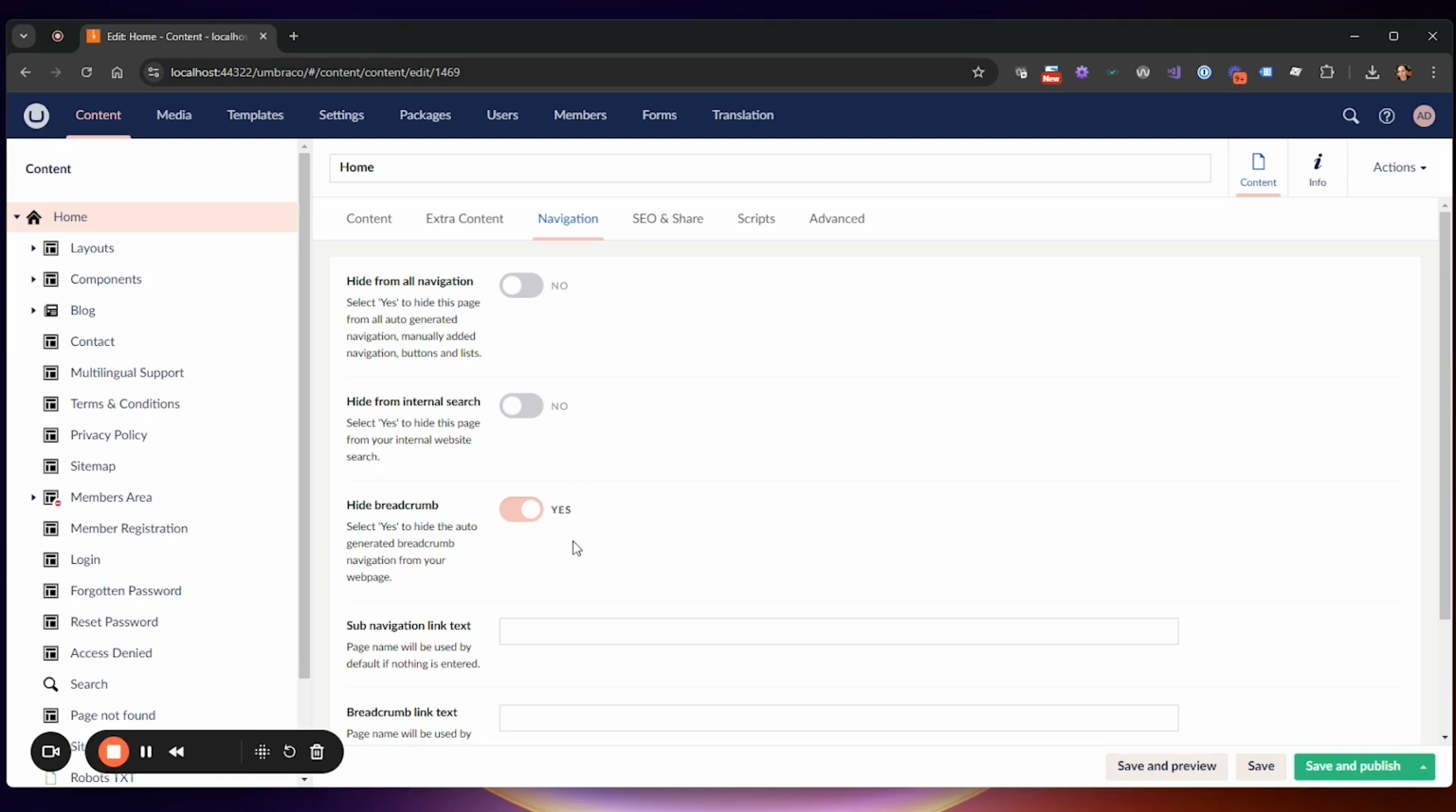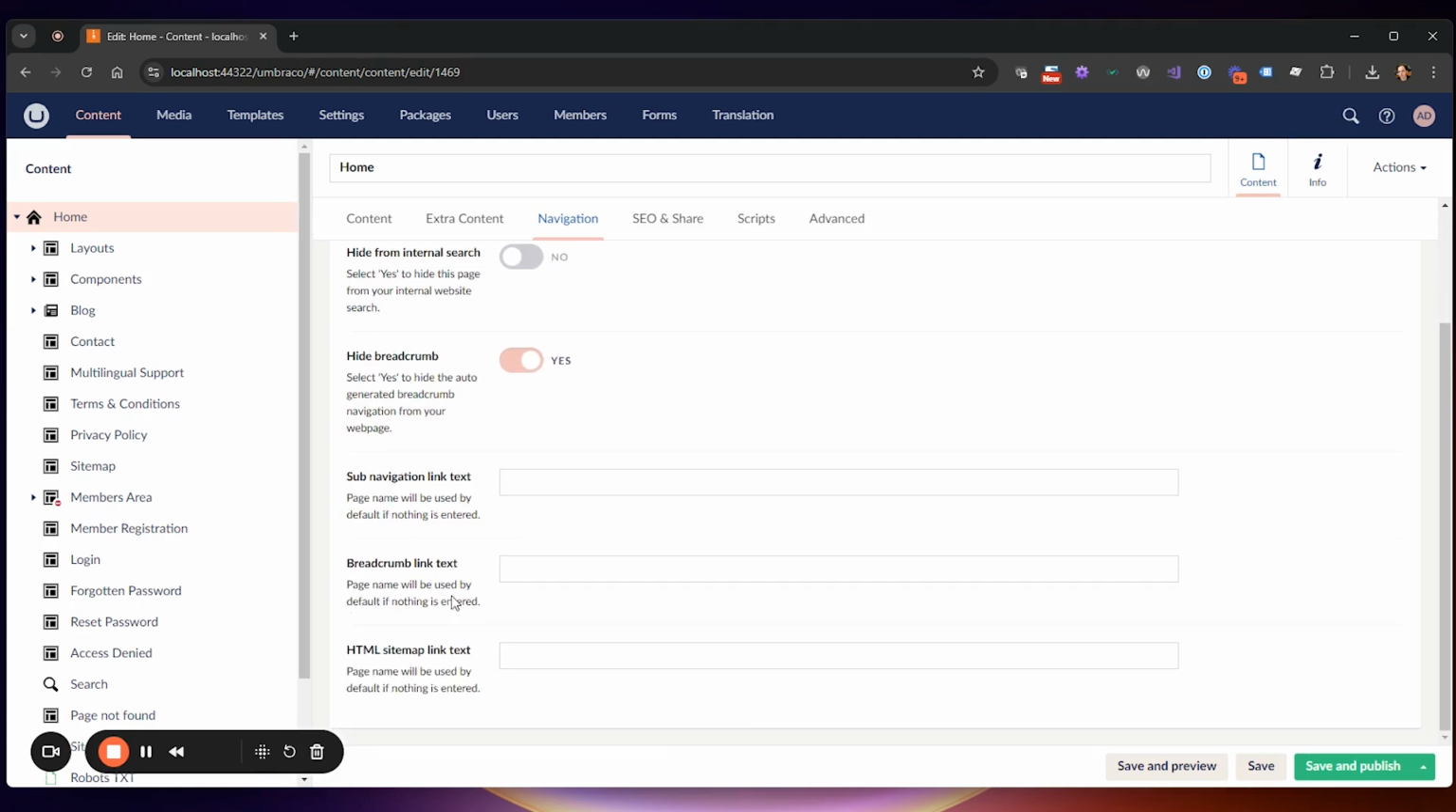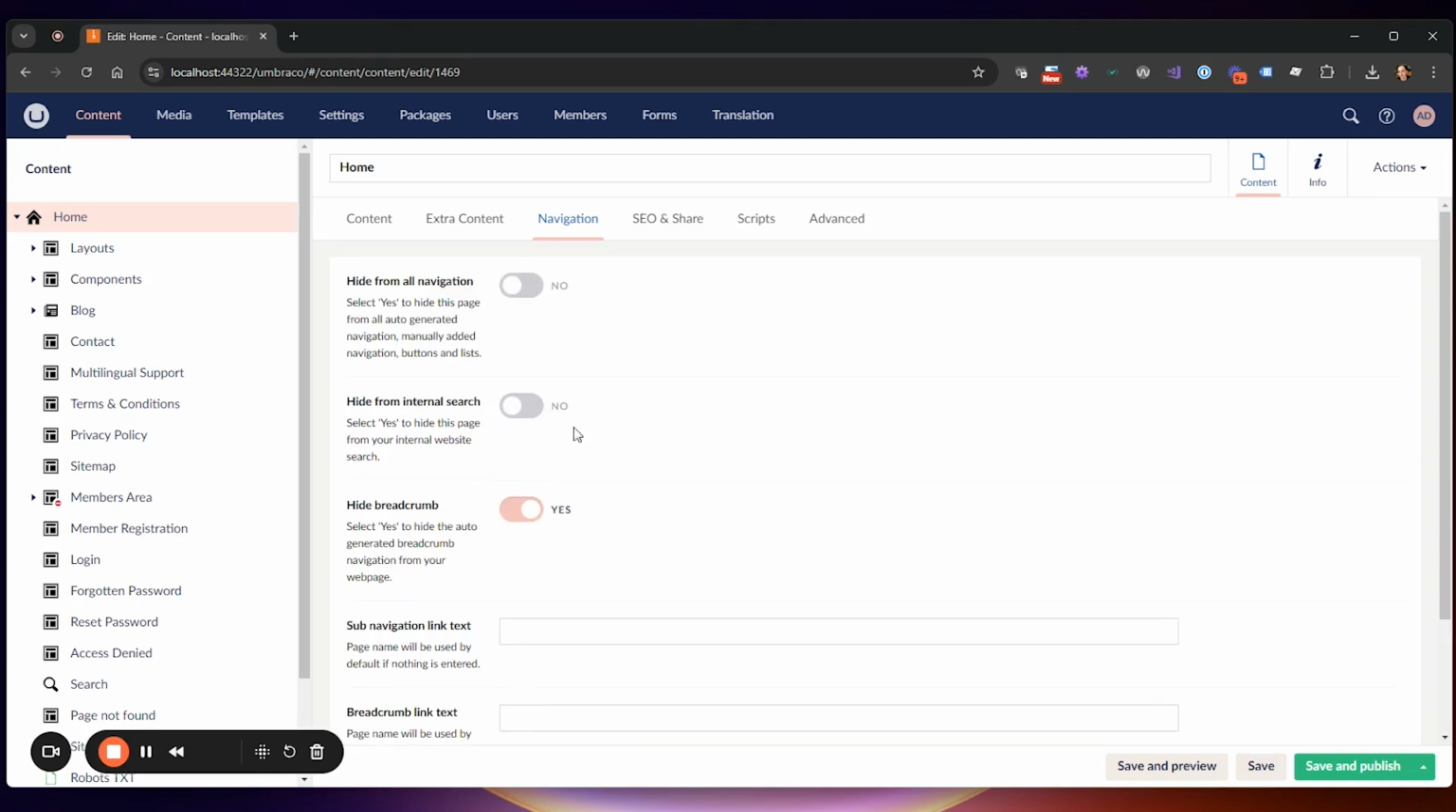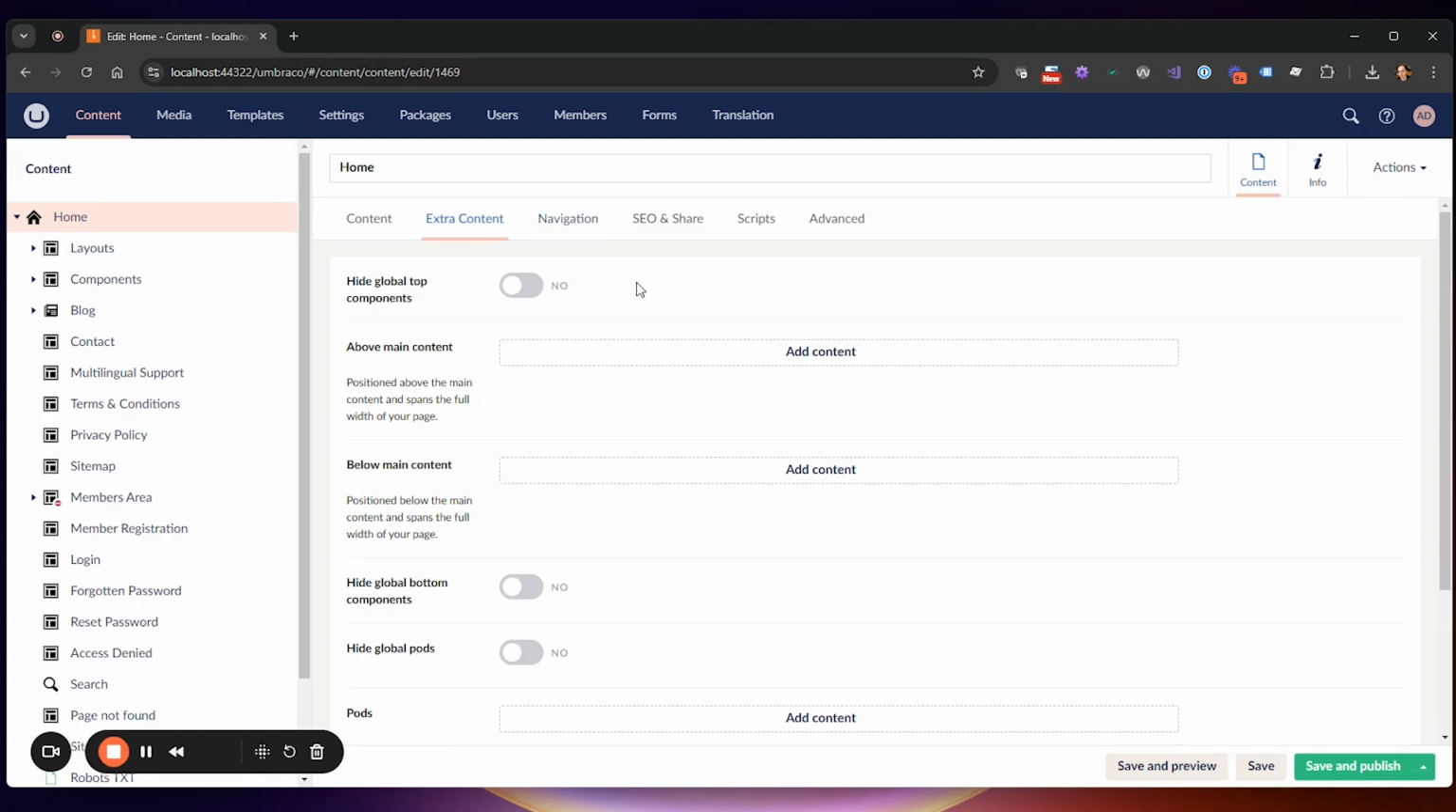The extra content section has options for hiding your global top components and hiding your global bottom components. So any components you set in the global section, each page has the option to turn those on or off here. Same with global pods. You can also add content above the main content section or below the main content section. This is usually used in situations where the content layout is set to something other than full, whether it's left, right, center nav, left or center,